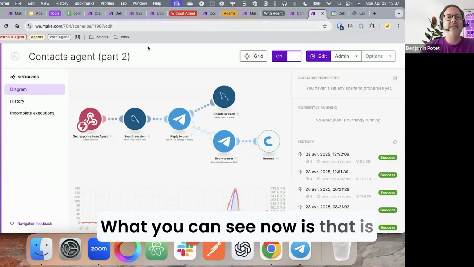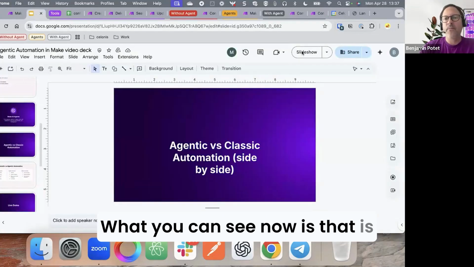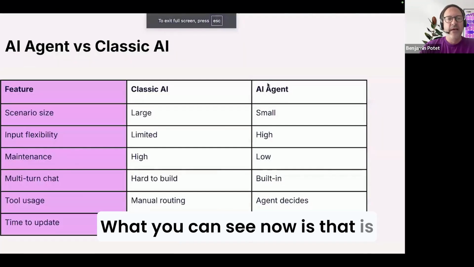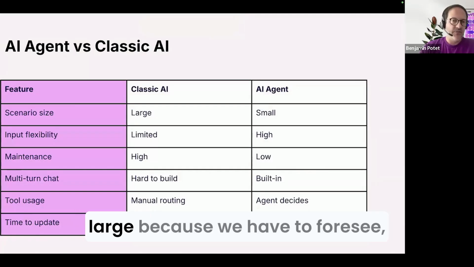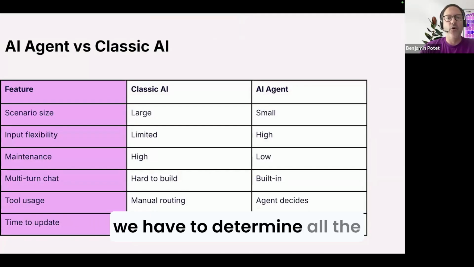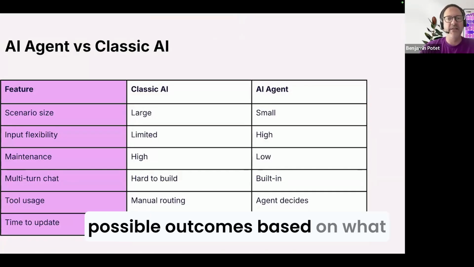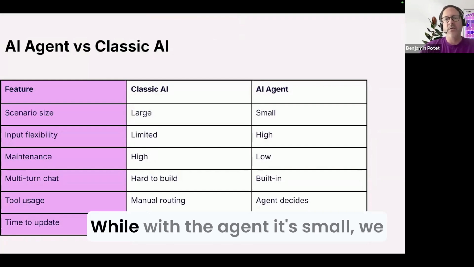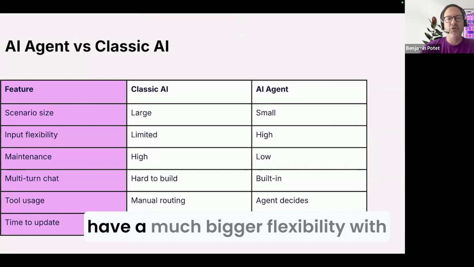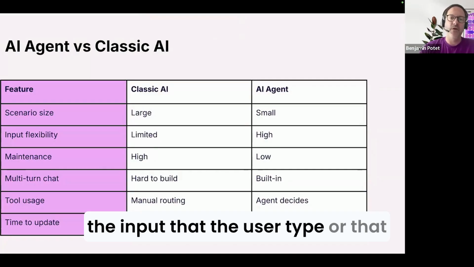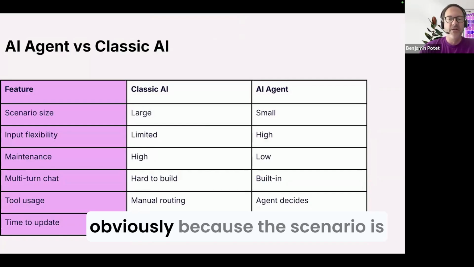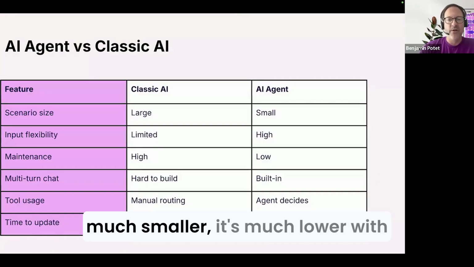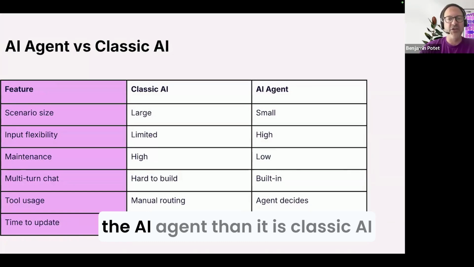What you can see now is that when we don't use the AI agent, the scenario can become very large because we have to foresee and determine all the possible outcomes based on what the user types, while with the agent, it's small. We have much bigger flexibility with the input that the user types or that enters the agent. The maintenance, obviously, because the scenario is much smaller, is much lower with the AI agent than with